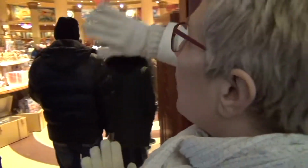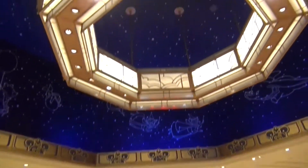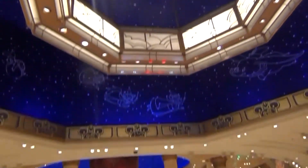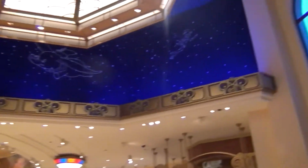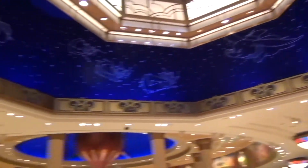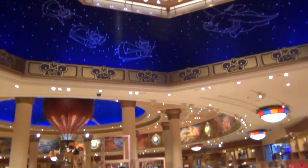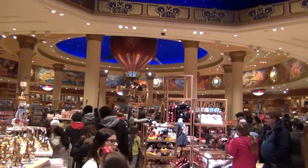But this one is really, I think it stands out. Let me just get a load of the ceiling. Oh, wow. Yeah, it's really beautiful. So we've got the constellations, the different Disney characters. And then down to the adorable hot air balloon with the characters in it. We'll have to go farther into that, but